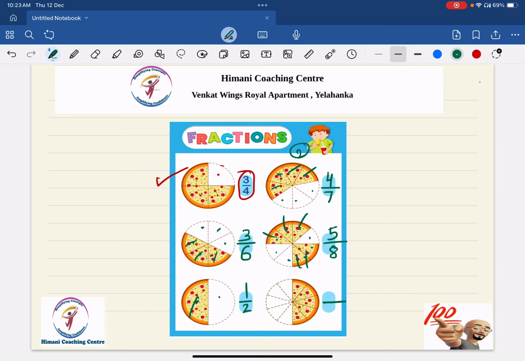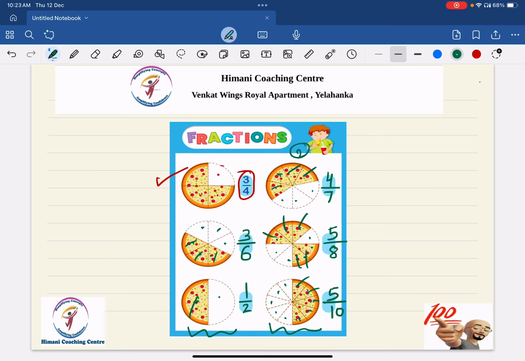Here, let us count 1, 2, 3, 4, 5, 6, 7, 8, 9, 10. So, total number of equal parts are 10. And how many are selected? 1, 2, 3, 4, 5. 5 by 10. Again, kids, if you observe, whether you look at this shape or this shape, do you find